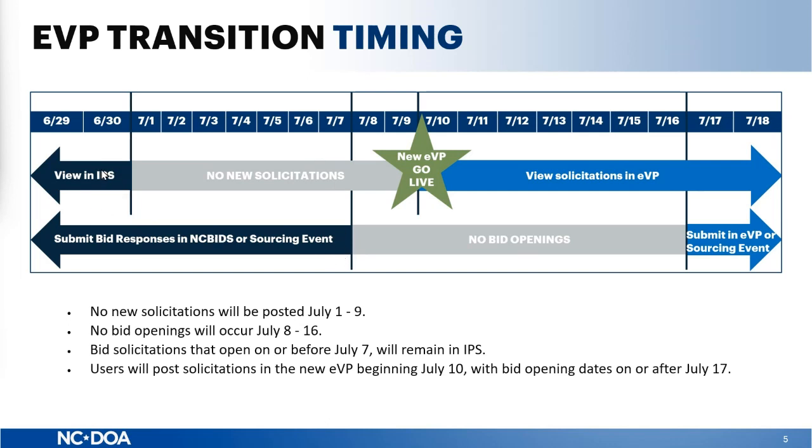So if you're posting something here, then it's going to have to open on or after July 17th, because you see there is a no bid openings block out here. And I believe that if you try to post right now, there are already blackout dates that are preventing you from posting here. That is just because we need to manage all the data to get from the old system to the new system. So our suggestion would be that if you are in a position right now where you are currently developing a solicitation and you wanted it to go out around this time,